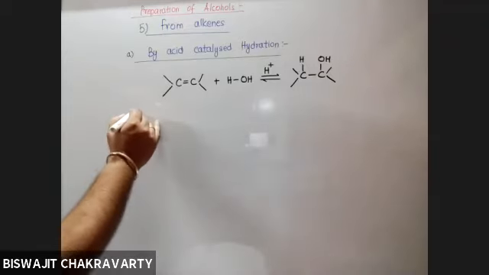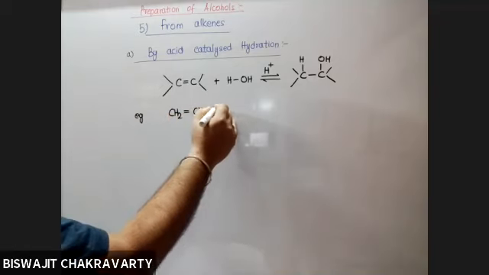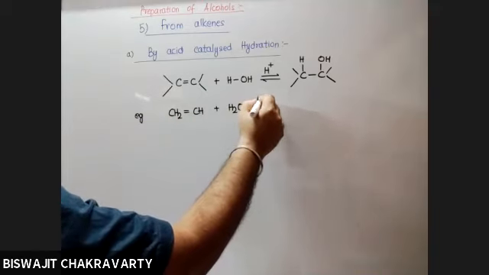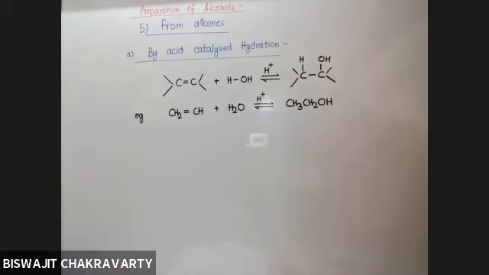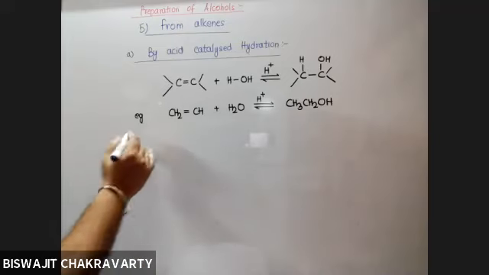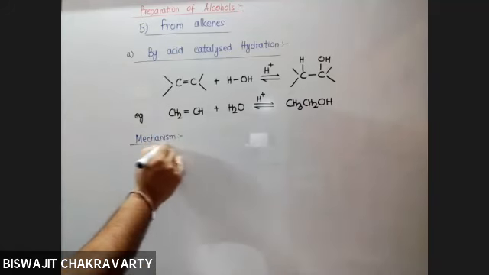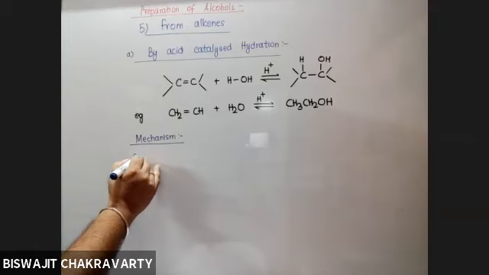So say, for example, we have ethene treated with water in presence of a suitable catalyst. The product will be ethanol, CH3CH2OH. It will be ethanol. Now let us see what is the mechanism of the reaction. Mechanism comes because it is part of the syllabus. So there are various steps involved in the mechanism. But first, we need to understand that